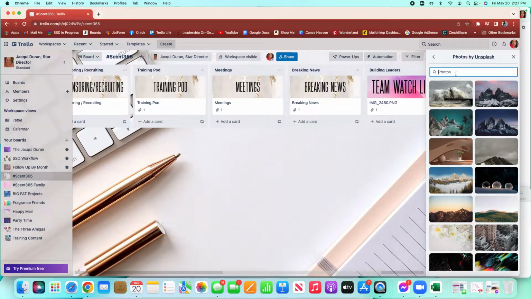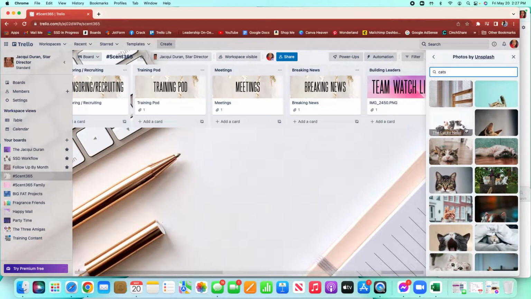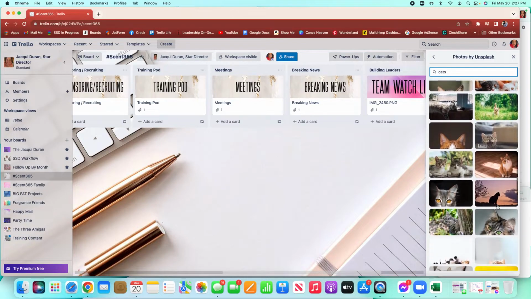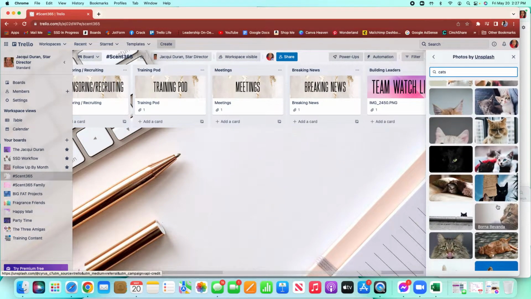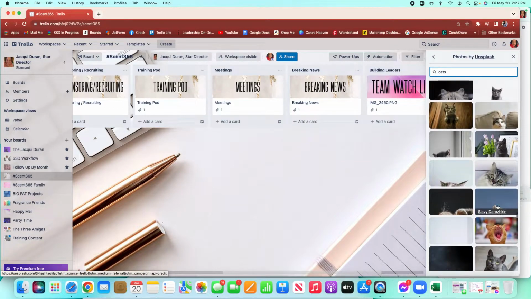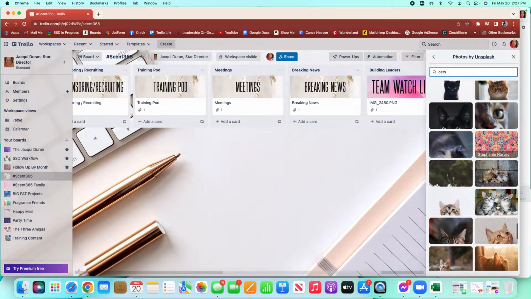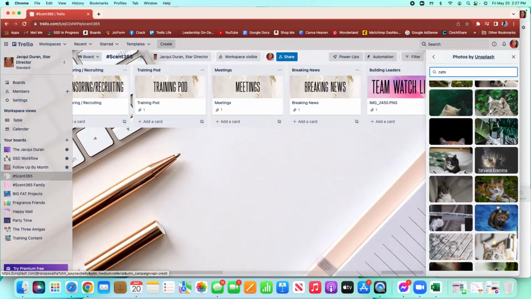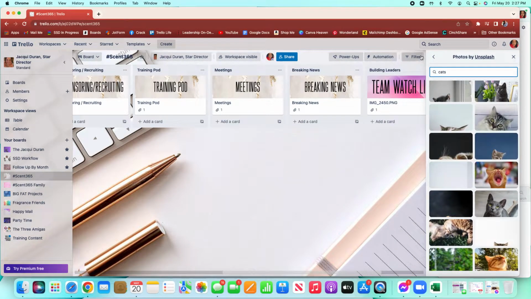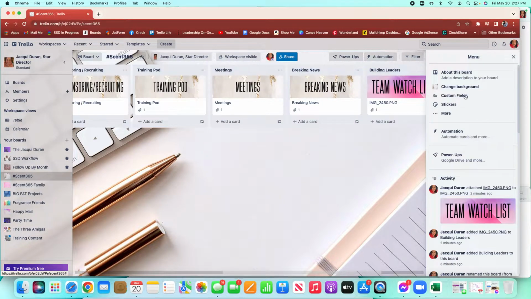Let's say it's cats. I'm going to use my director as a prime example here. And you can see, look, it's going to bring me up a bunch of different images with cats included. She would really love to do this on her page, I'm sure, if she gets into Trello. But you see, this just goes on and on. So you can really look for whatever you're looking for and change that background, make it personal,